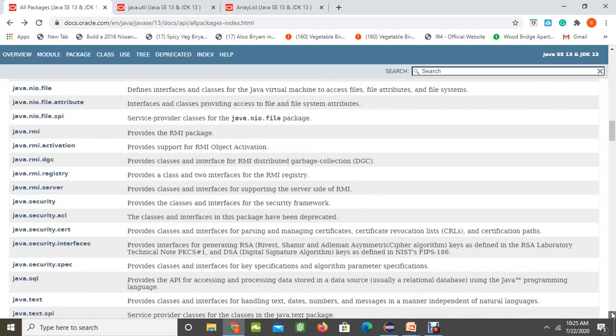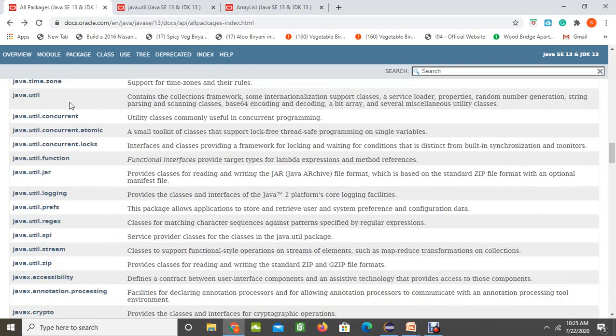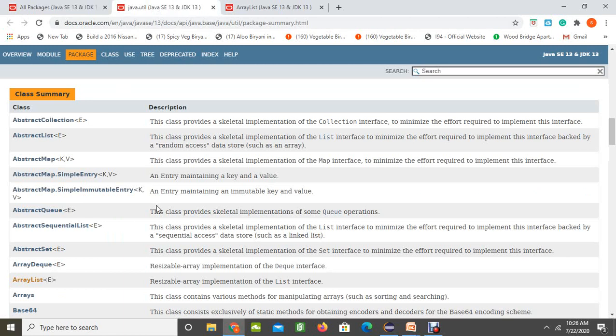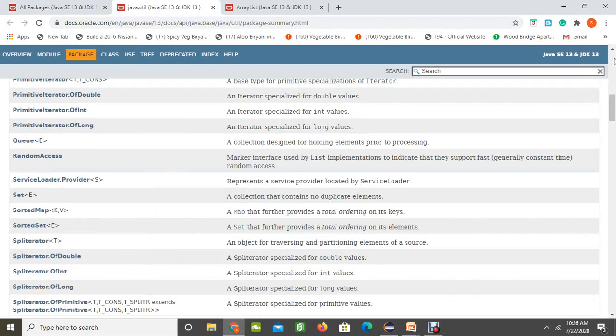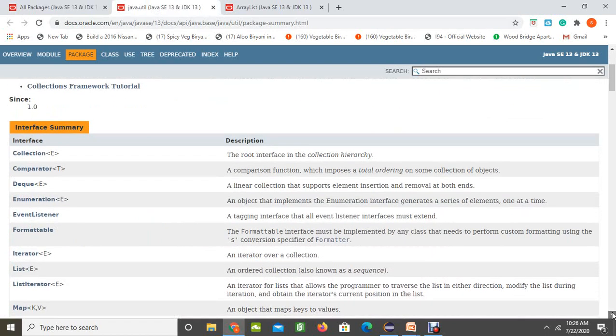Here if you look carefully, we have many classes, and we have java.util. In our examples, we used the java.util package many times. If you want to see what is inside java.util, you can click on that link, which opens a page containing all the classes and interfaces available in the java.util package. These are all the interfaces that are available.